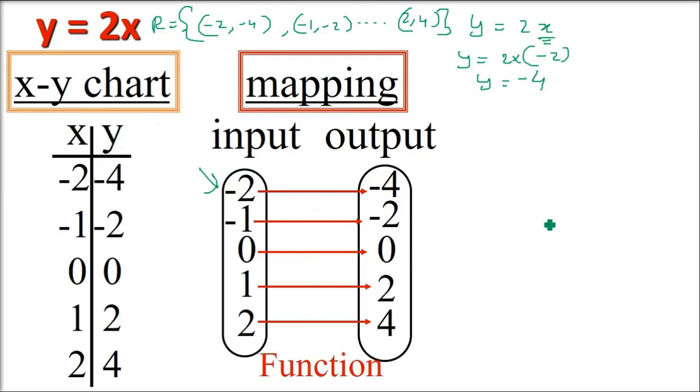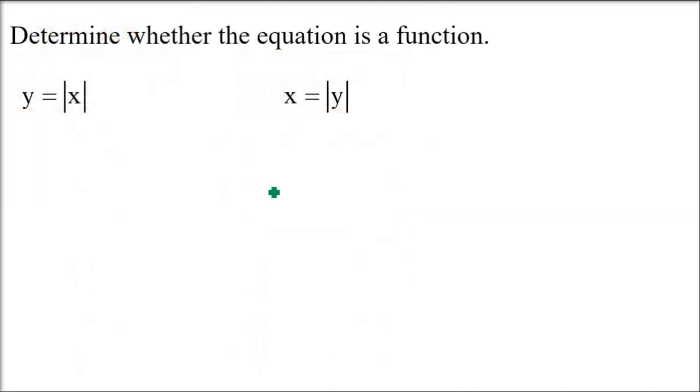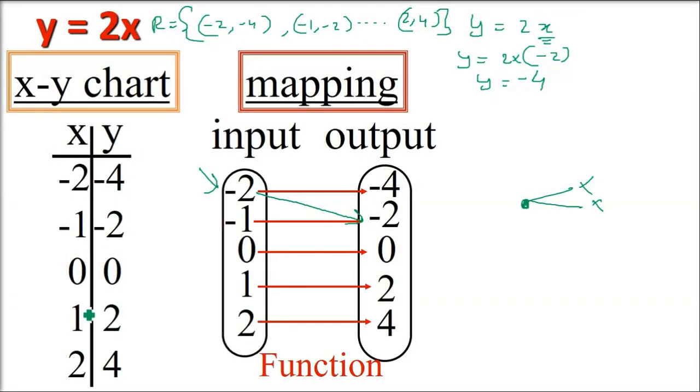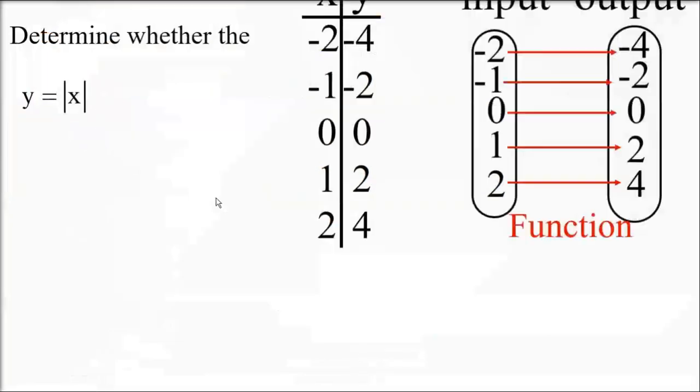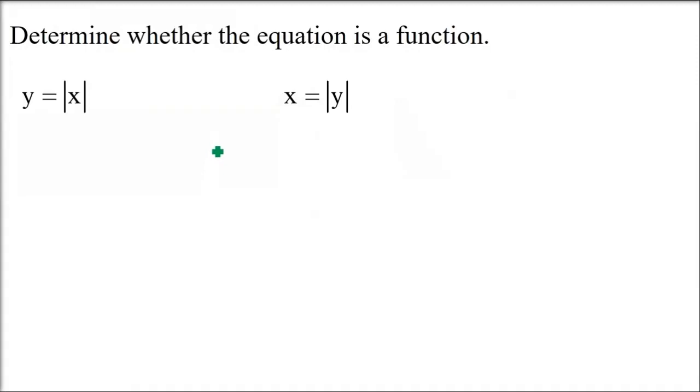This is a function. Why? Because no one x is related to multiple y. This kind of formation is not there. Every x will give you a unique y. You can also see whether x is repeated or not. If you see x repeated, that is not a function. Now you see these two relations look exactly the same, but there will be a difference. One is a function, one is not.